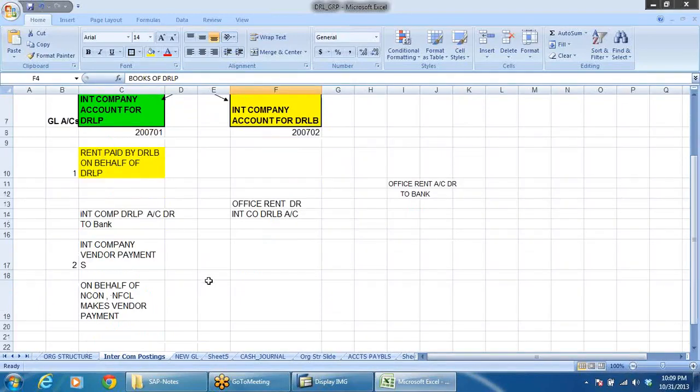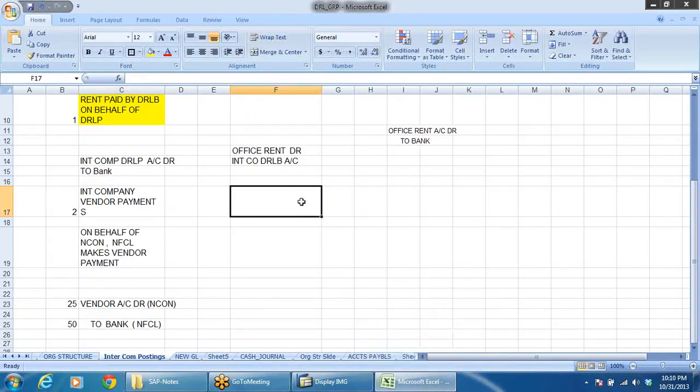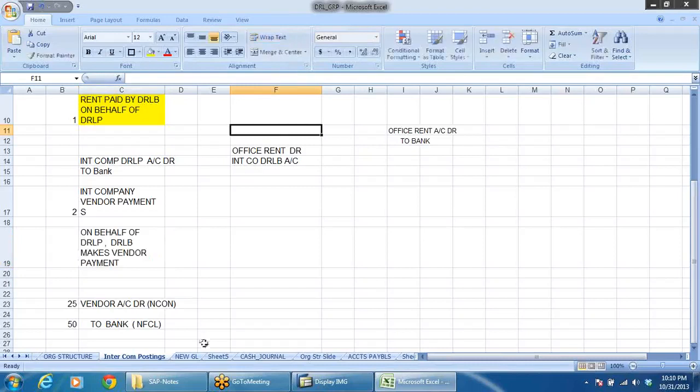Similarly, intercompany vendor payment. Say, for example, I am going to make the payment on behalf of that company. On behalf of DRLP, DRLB makes a vendor payment.